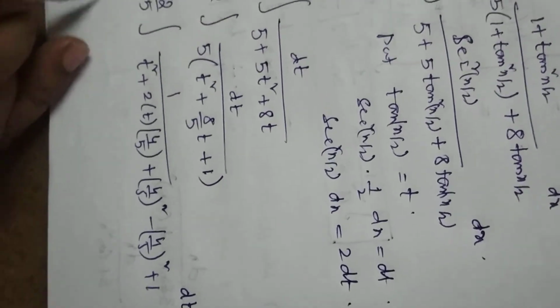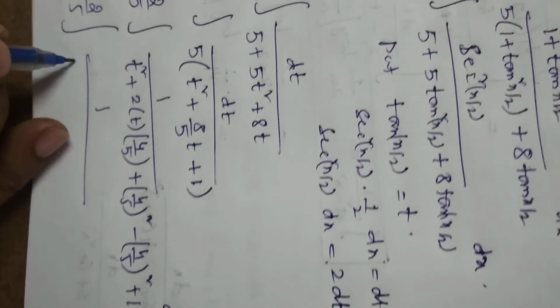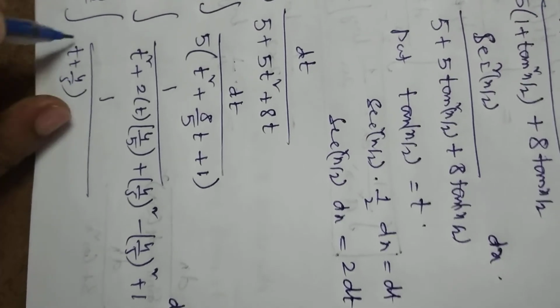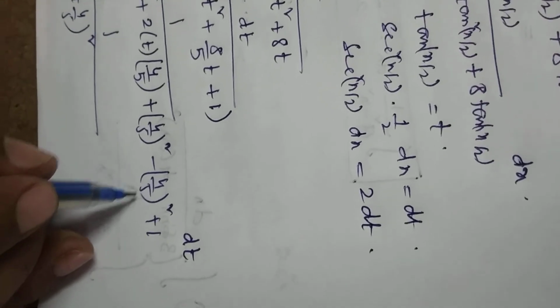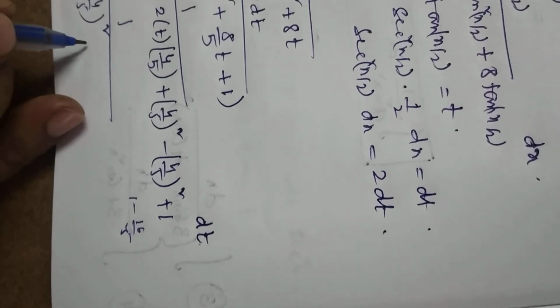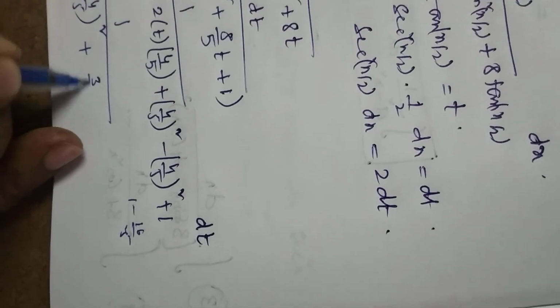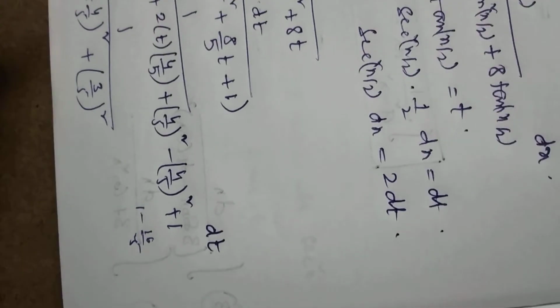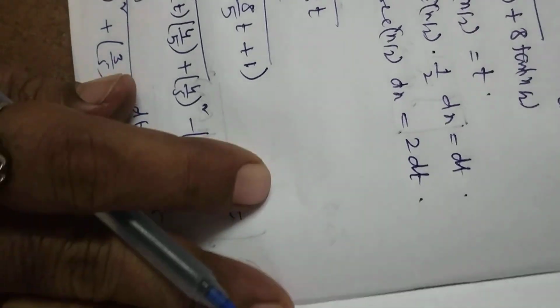Okay, so that is 2 by 5 of integration of 1 by, up to this what we can write? t plus 4 by 5 whole square. Now this is 16 by 25. 1 minus 16 by 25 is 9 by 25, no? So 9 by 25 is nothing but 3 by 5 whole square. Now it is in the form of 1 by x square plus a square form. So 1 by x square plus a square is 1 by a tan inverse of x by a is the formula. So 2 by